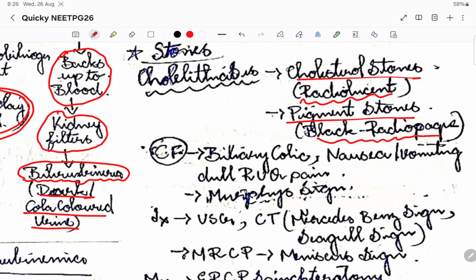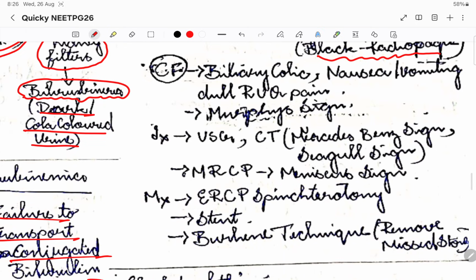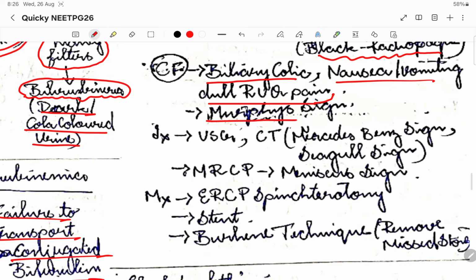Okay, then coming to clinical features, basically we all know, right? So if it is a gallbladder stone, biliary colic will be there, nausea, vomiting, and a dull right upper quadrant pain will be there. Okay, so we all know to elicit Murphy's sign, right? So Murphy's sign, just like McBurney's sign in appendicitis, it is going to be the Murphy's sign that we elicit in gallbladder